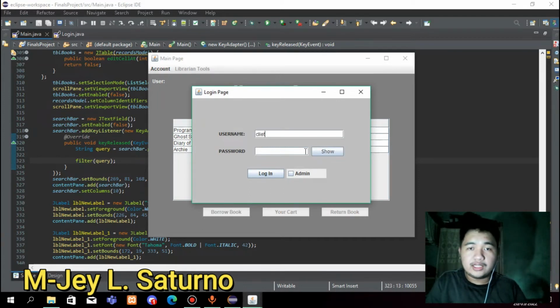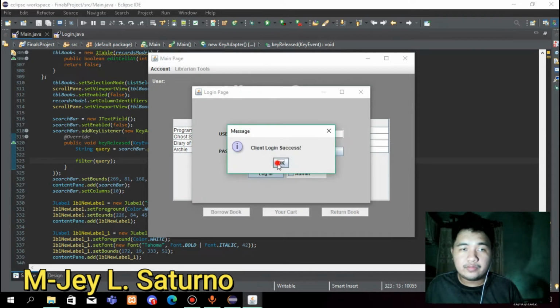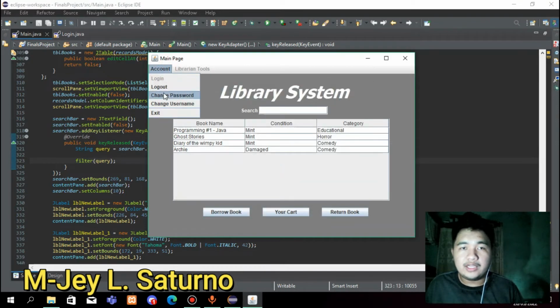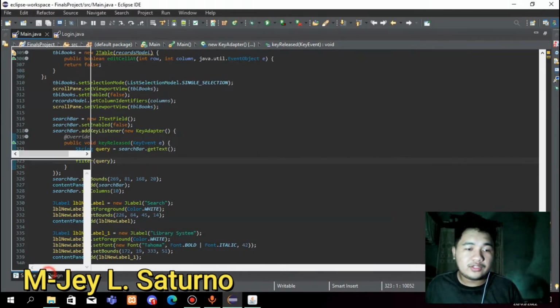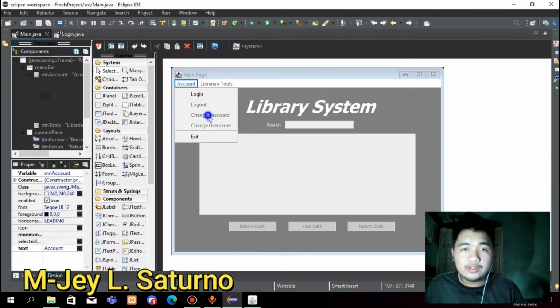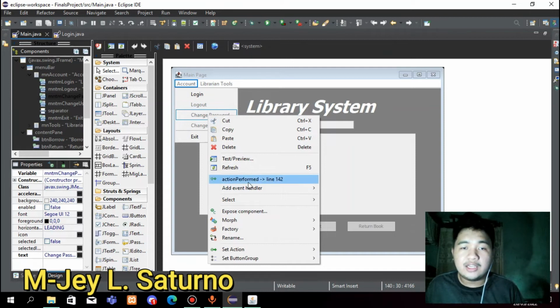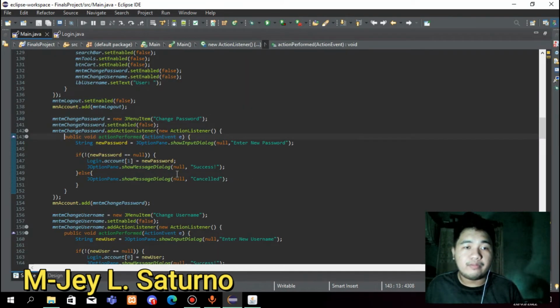Let's try to log in first at the client and password. As you see here, now this happens in a JMenu listener. So let's go to design action. First, the change password. You should see here a listener, action performed. Now we will get the string by using a JOptionPane show input dialog that will show a message